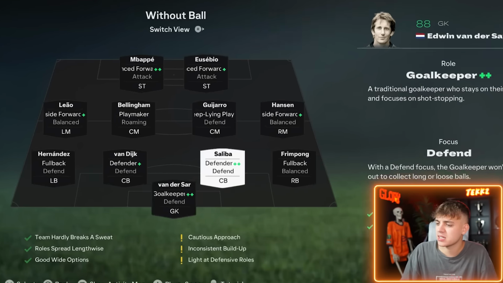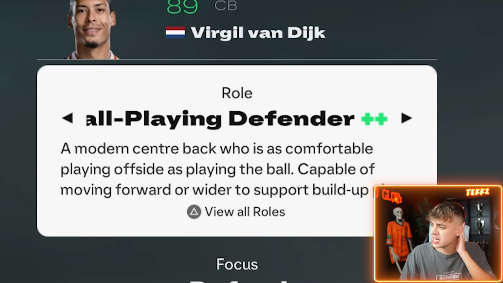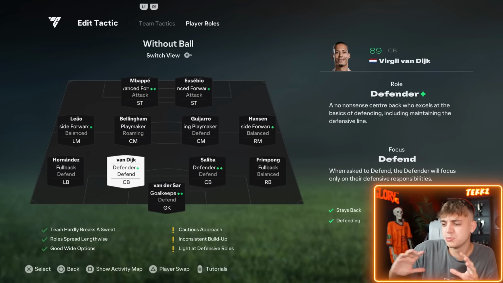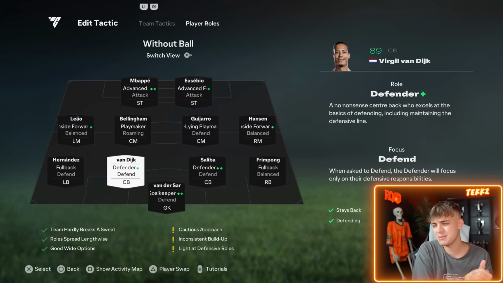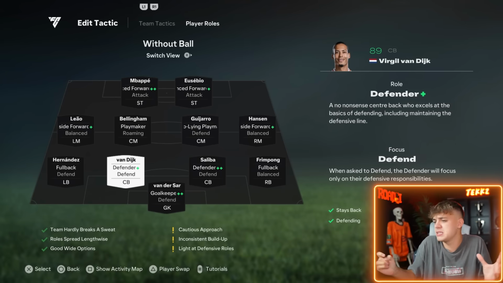Now for the centre backs, I've just got them both on defender, defend. I've experimented a little bit with ball playing defender. Didn't mind it. It was okay. The issue is when I have ball playing defender, I feel like my players come a bit wide. So when I lose the ball with ball playing defender, I just feel like my defense is so open. Honestly, it's more open than your